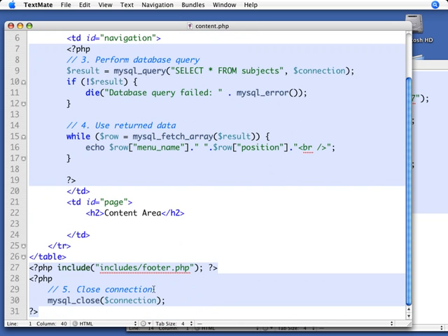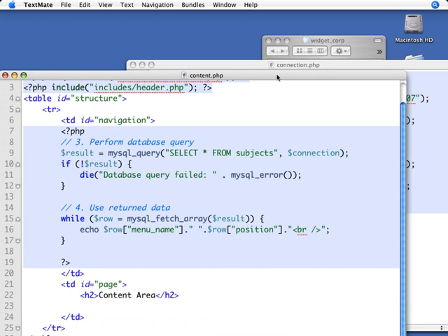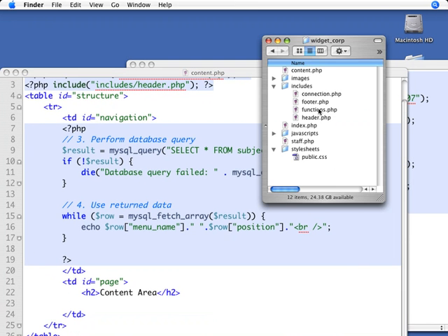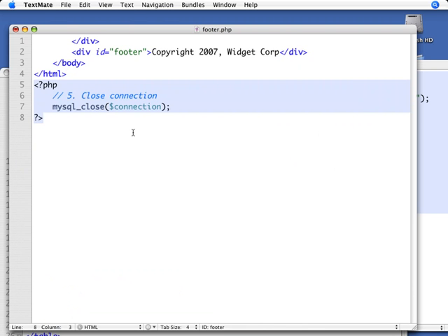But the footer down here, below the footer, where we actually close the connection, that is going to be the same every time. And in fact, we can go ahead and just put that in our footer. Why not? We're going to do it every time at the bottom of every page. Why not just put it in our footer? So I'm just going to copy that out of there. We'll save that document. I'm going to just switch back over here to where I can see my files, and I'm going to open up footer.php, and right below the bottom of the HTML,